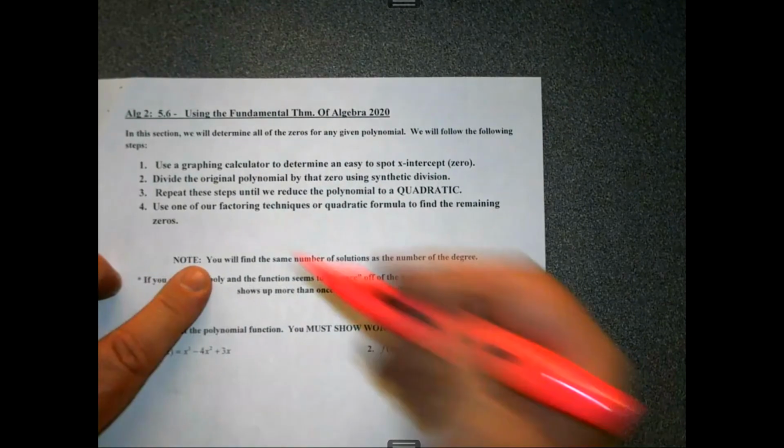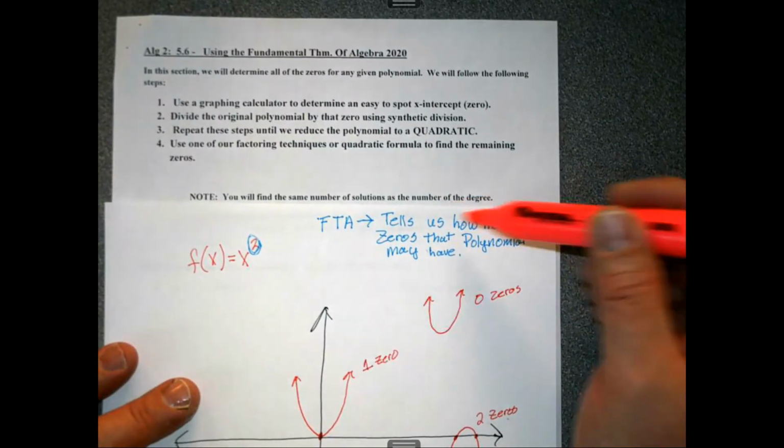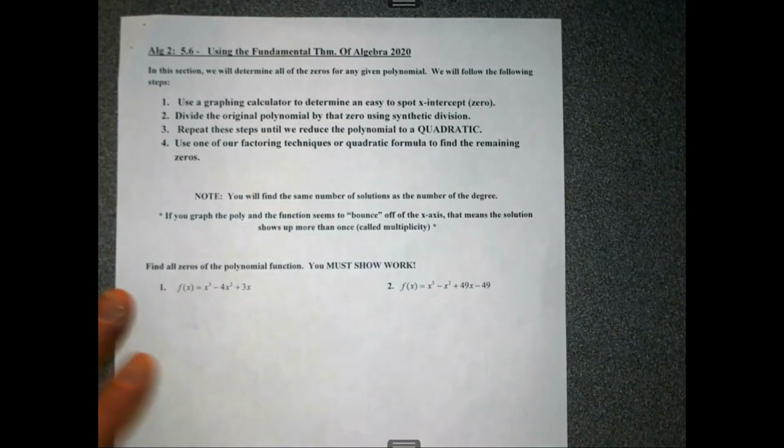It says you will find the same number of solutions as the degree. Now, I just told you that it could have up to that number, right? Well, as it turns out,